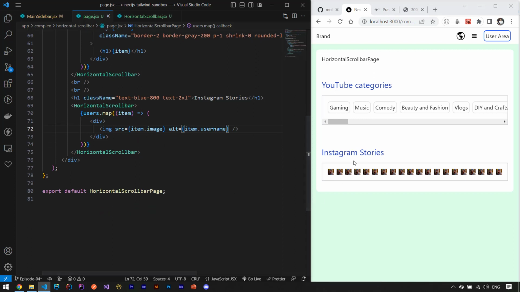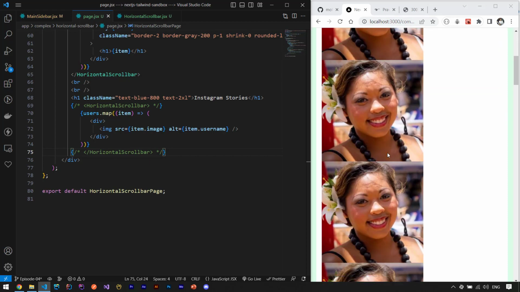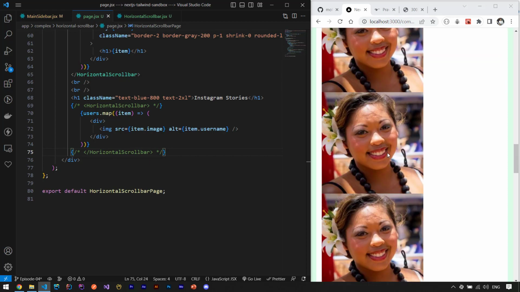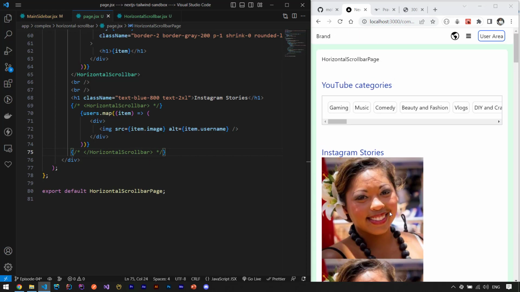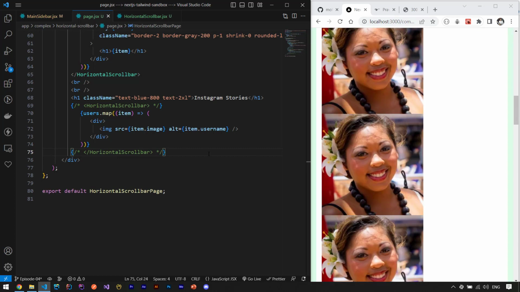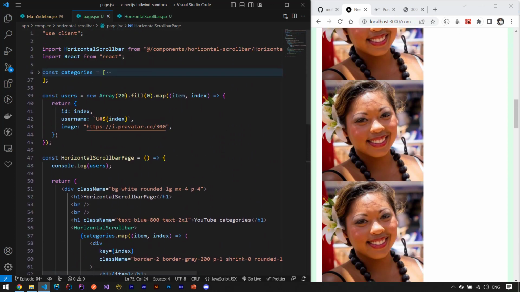So this is it. And now you can see that if I don't use this horizontal scroll bar, this is my data. You can see that it is exactly the same one. So we need to change these images to be random. And here, because we are calling one image, it is not random. So let's change this